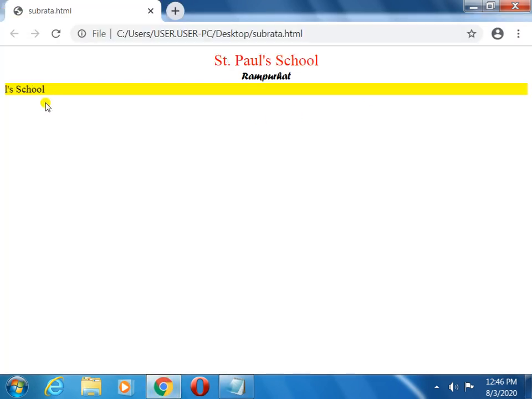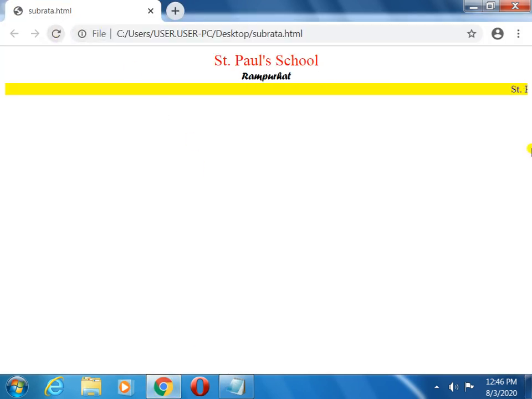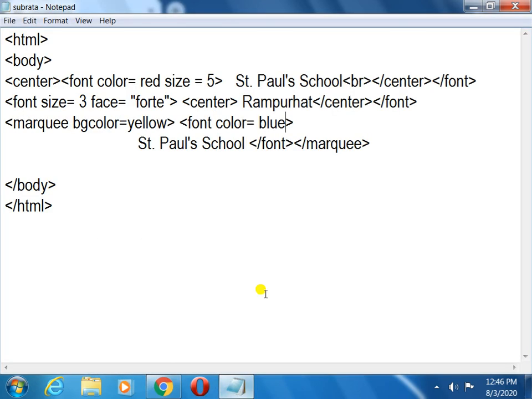Just see this one, yellow background, and now the font color of the school name. If you want to change the color, instead of red, if you want to give blue, you can do it. I am erasing red and writing blue. Save it, refresh, blue color came. Now if you increase the size, you give more size equal to 4.